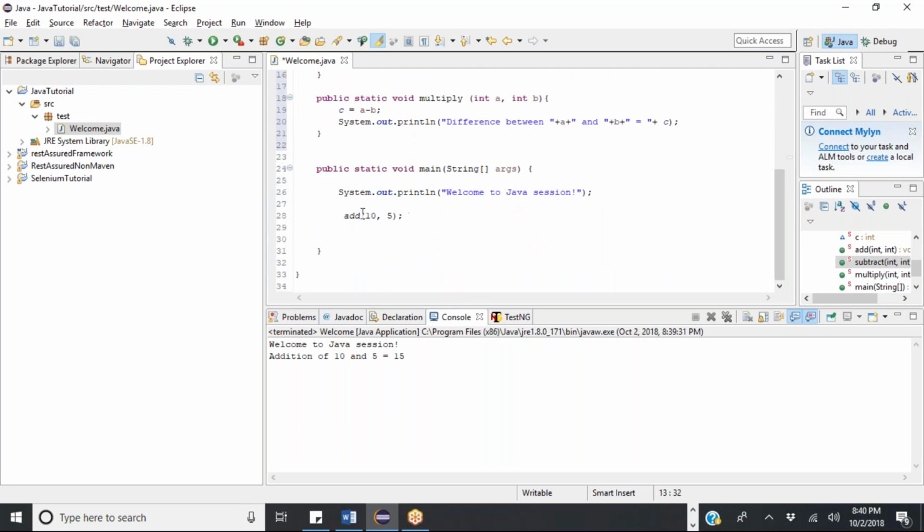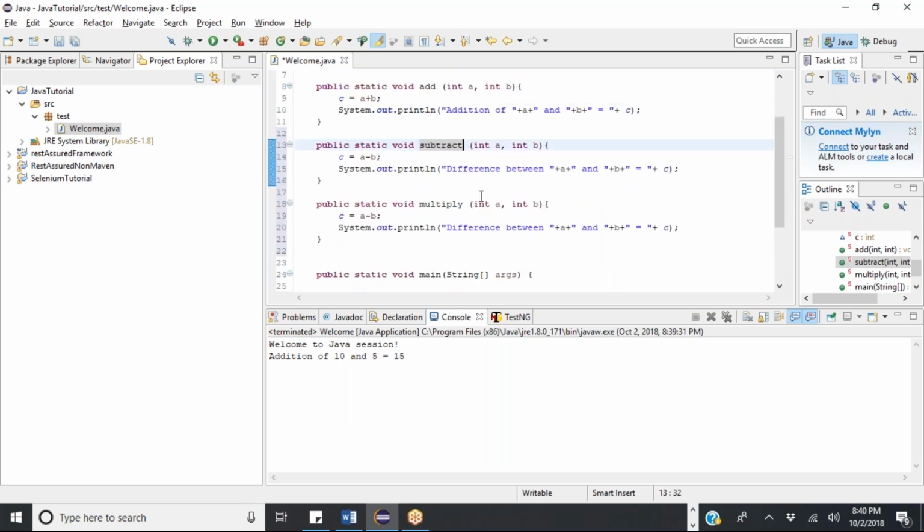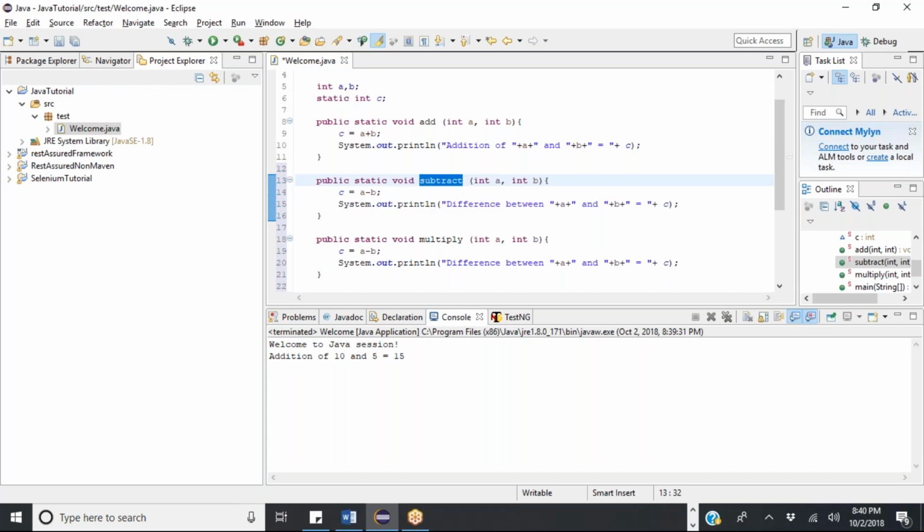Like here, add 10 and 5 instead of addition. So it all depends how you want to name it. Naming convention is totally up to you. But just remember the function name must start with a small letter, and every new word can start with a capital letter. So that is camel case. For example, I want to rename it as subtract number. It should look like this: subtract number, initial small letter, and every new word must be a capital letter. Okay, so let's use the same thing: add numbers,